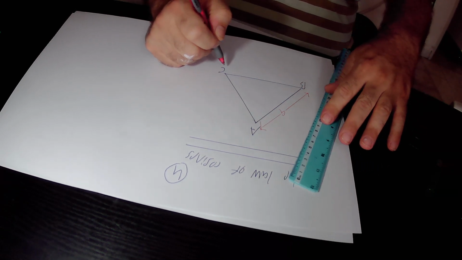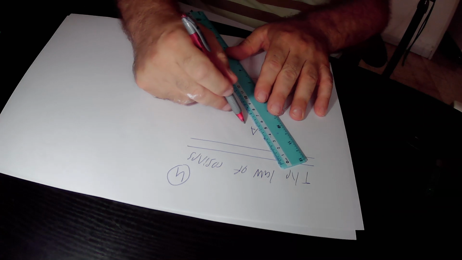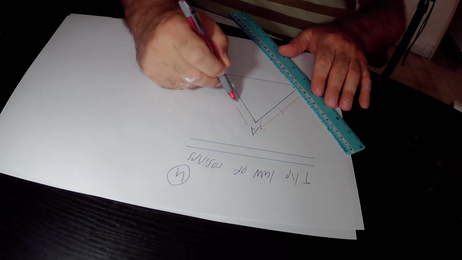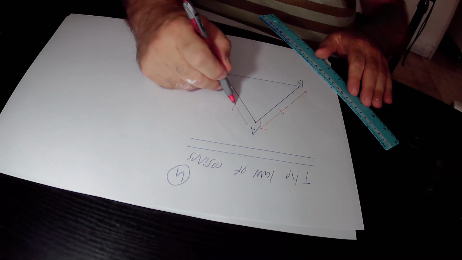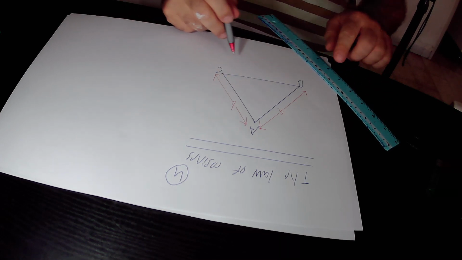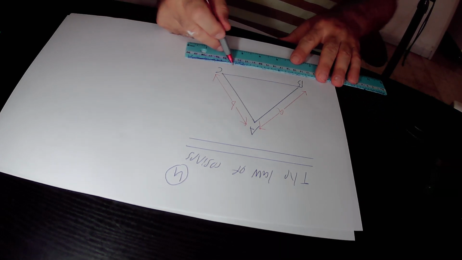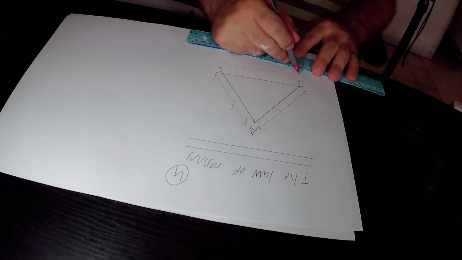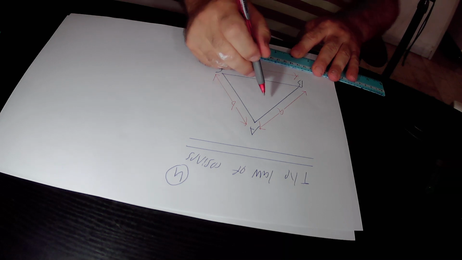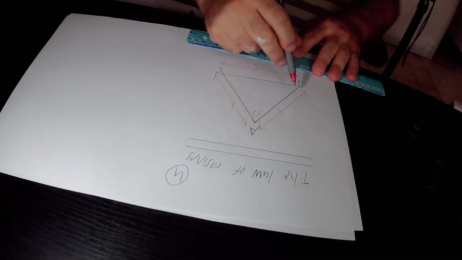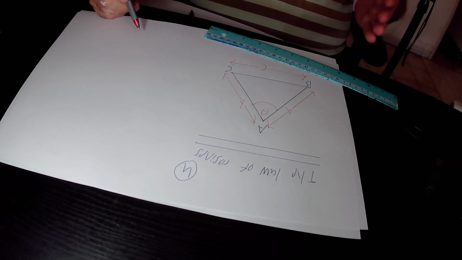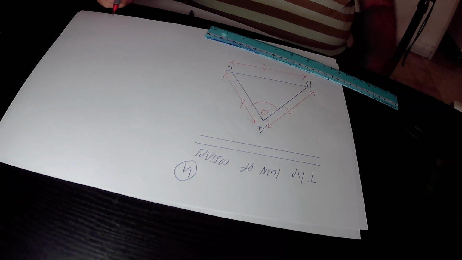This is side AC, equal to B units in length. This is side BC, equal to C units in length. And this is angle theta. Angle BAC equals theta according to our definition. So in this triangle ABC, that could be any triangle,